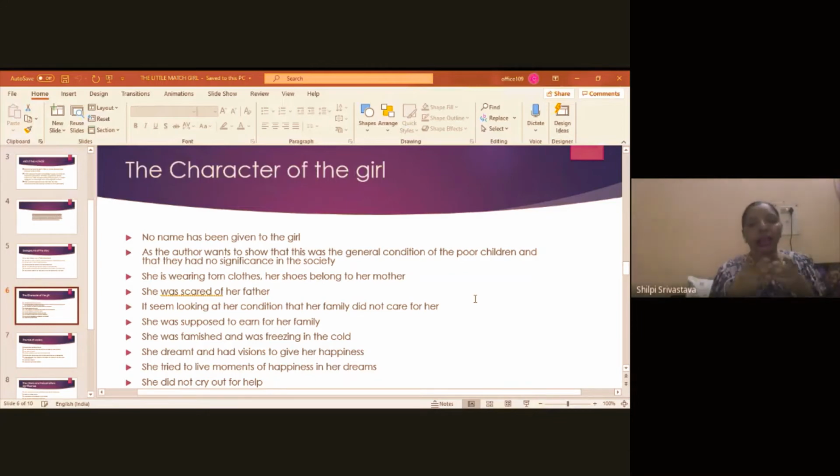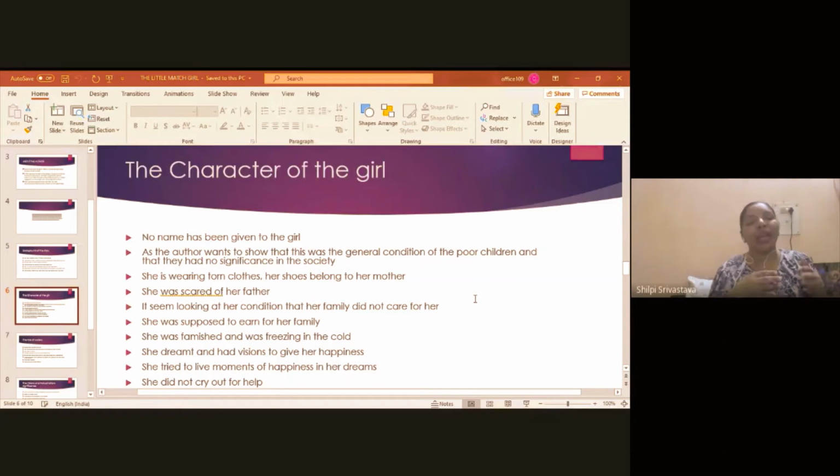And in the light of those matches, she has a vision. If you remember, she first has a vision of a brass stove, which has a fire net, and she feels as if she's feeling very warm with the warmth of the fire. She curls herself up, she draws her feet inside her, and she imagines that she's sitting in front of that stove